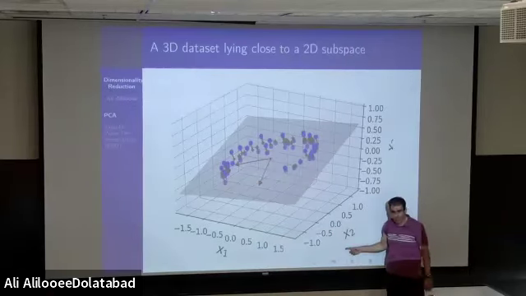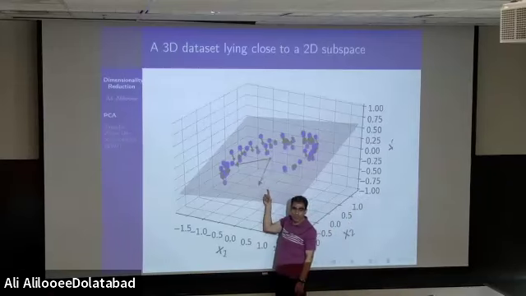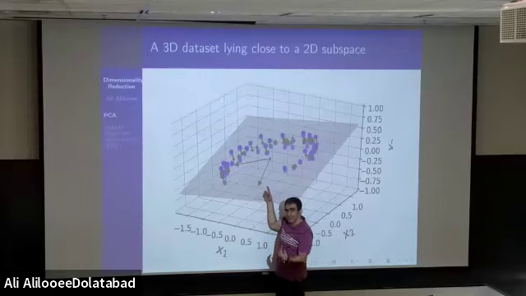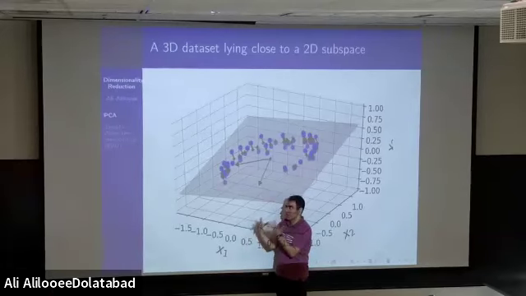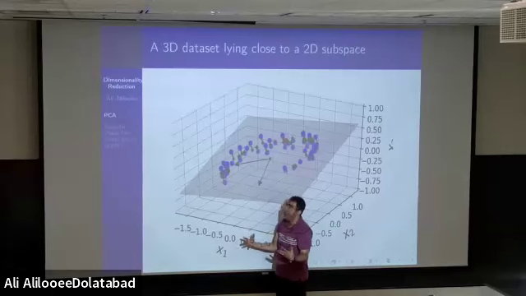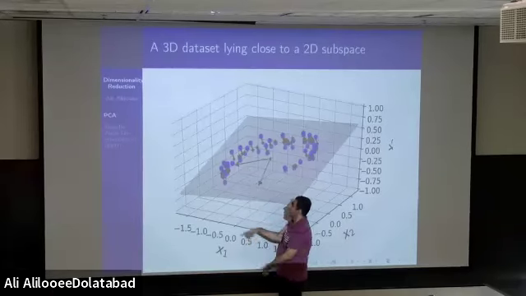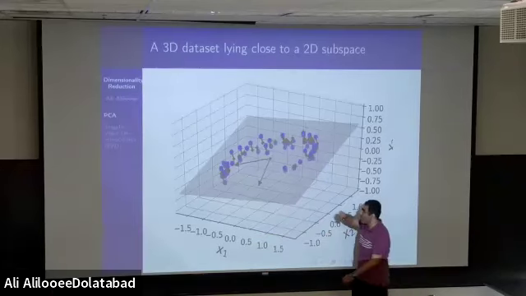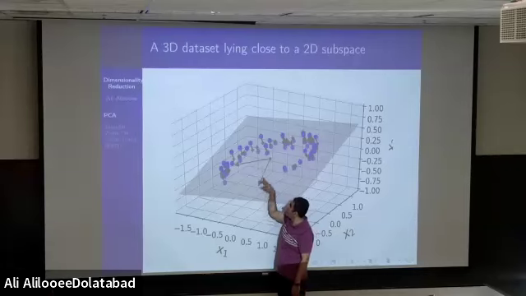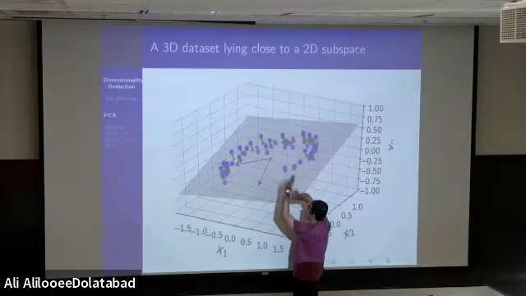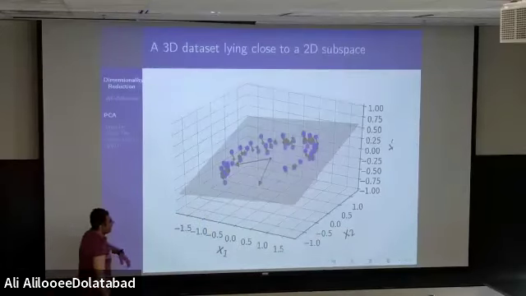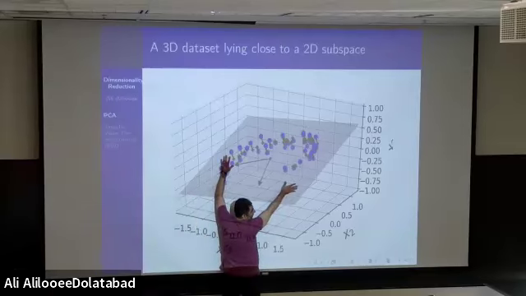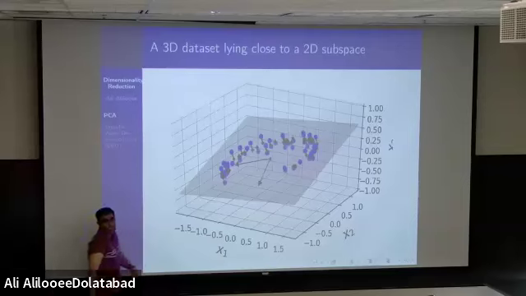Therefore, when you have 3 dimensions, the goal is to find these 2 vectors. These 2 vectors contain more information than the other. It means that these 2 vectors contain the majority of information. They are more important than the third vector. Then when you find these 2 vectors, you will find this plane, and when you have the plane, you will project everything on the plane. By doing this, you are reducing the dimension. It means that after projecting, now you have a data set which has 2 dimensions, not 3 dimensions.